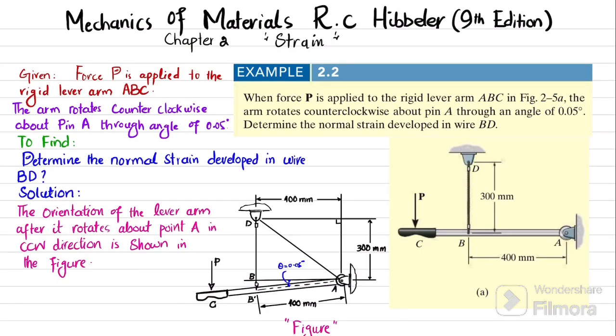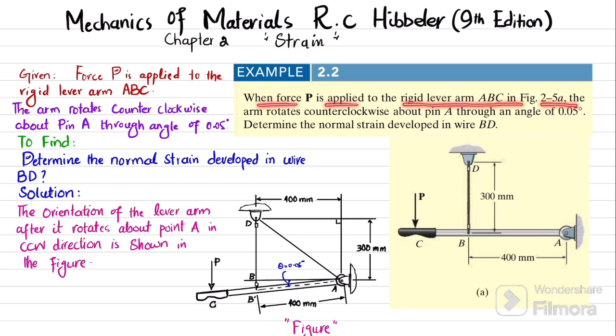In this video, we are going to solve example 2.2 that is taken from chapter number 2, Strain, and the book name is Mechanics of Materials by R.C. Hibbeler, 9th edition. So the statement is: when force P is applied to rigid lever arm ABC in figure 2.5a,